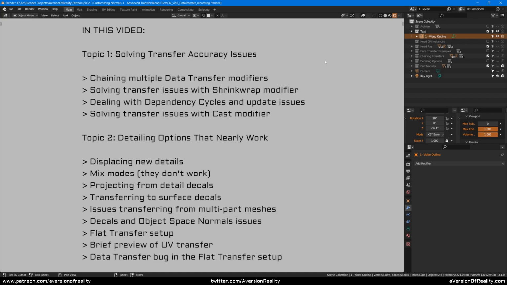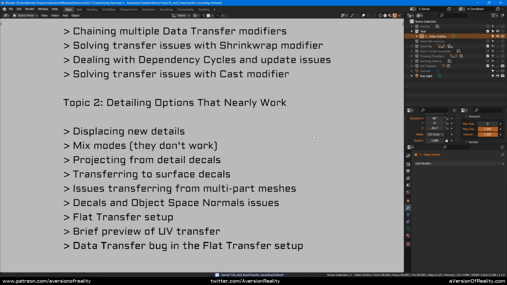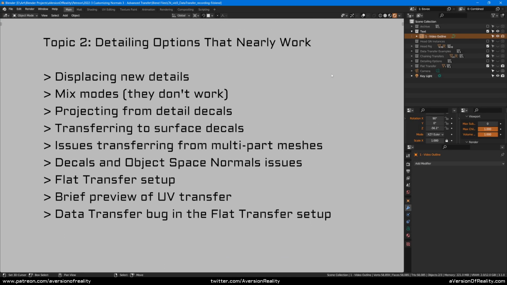transfers chained together. You can actually transfer any normals from one mesh to another, and then from that mesh to a third as many times as you want, and that goes for all custom normals. I'm only going to be showing normals transferred from objects here, but if you've done normal editing by some other method, that also works.